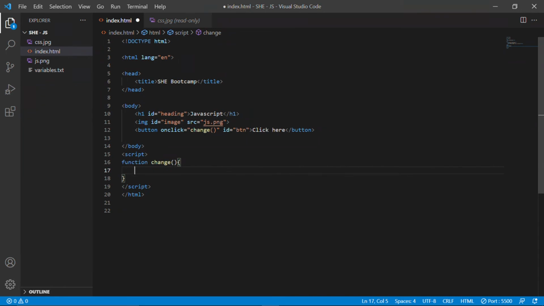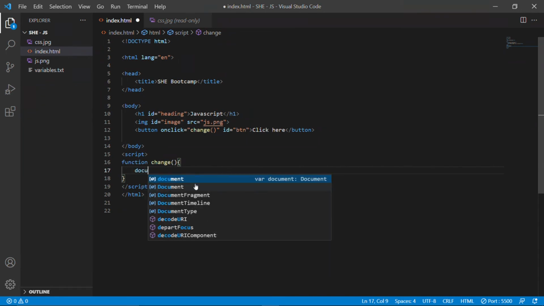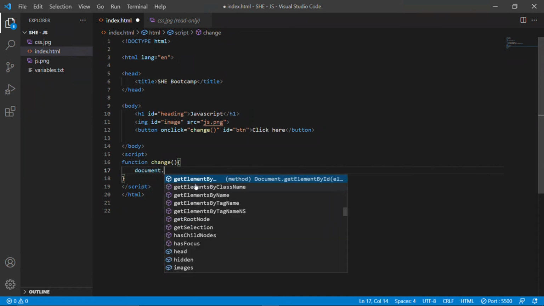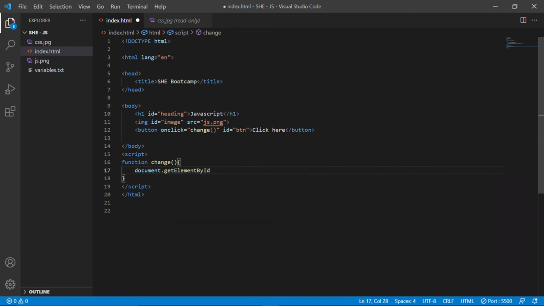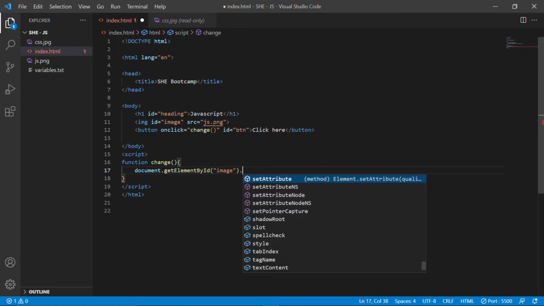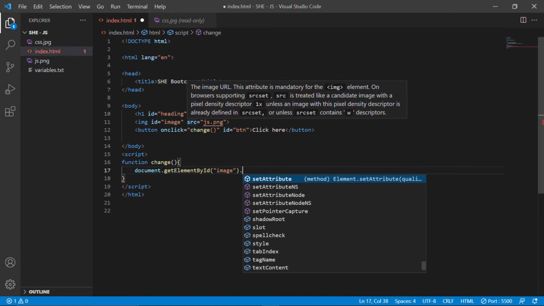To change the image, first let's access the object document.getElementById. The image tag. The ID of the image tag is image itself. We have accessed the element. Now we have to change its attribute. So what should we change? We have to change the path of that file.